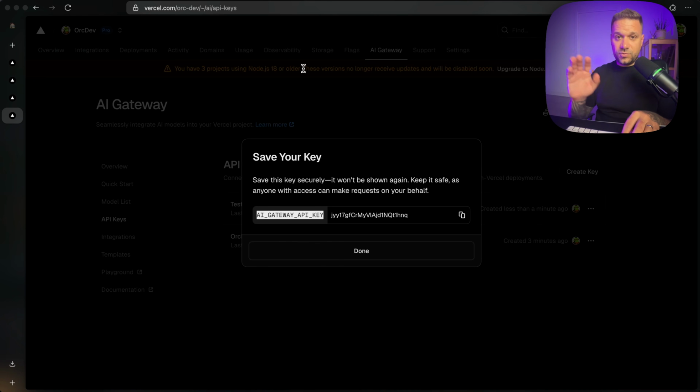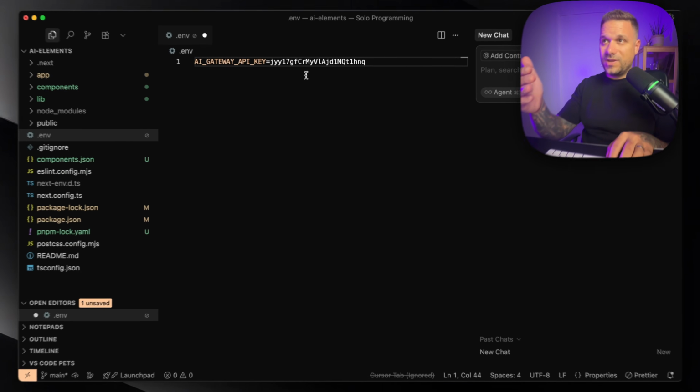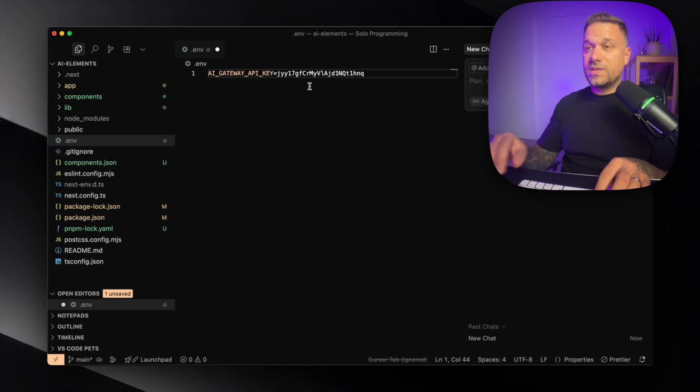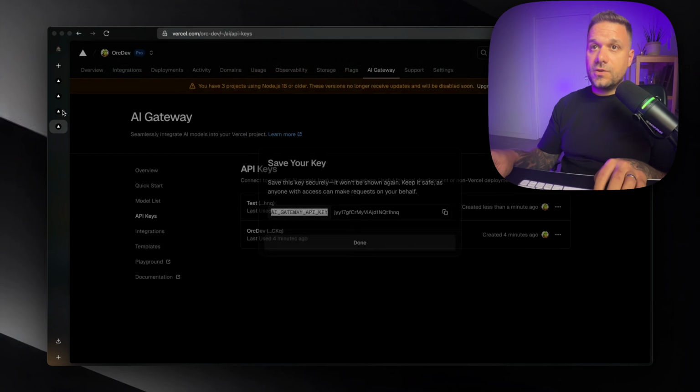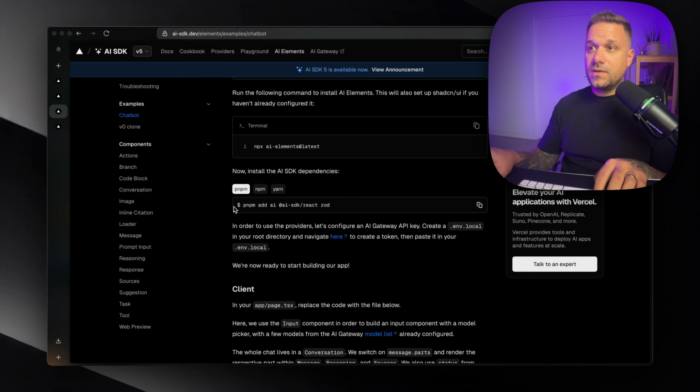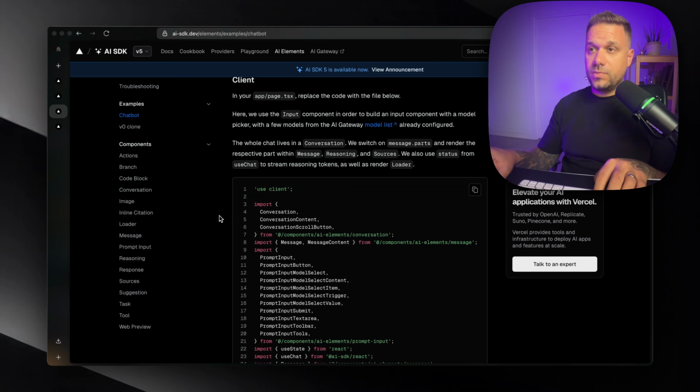So don't give this to anybody. I'm going to delete this key right after creating this video. But this one is basically used to access all of the AI models and stuff that you need. So now we can return back to the documentation here, and we can add our whole component block for our